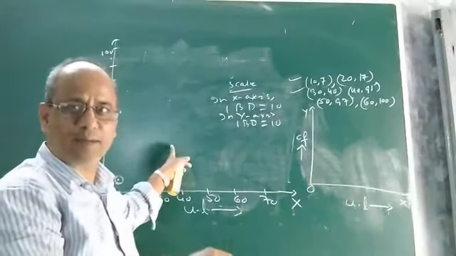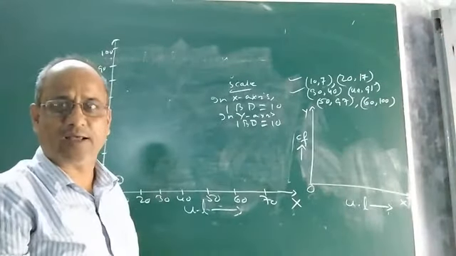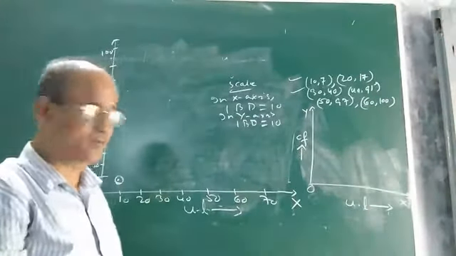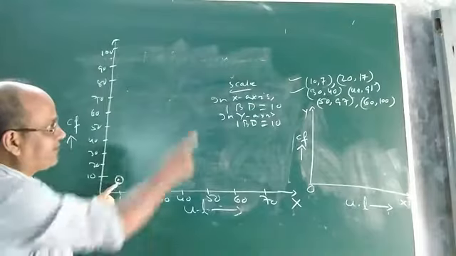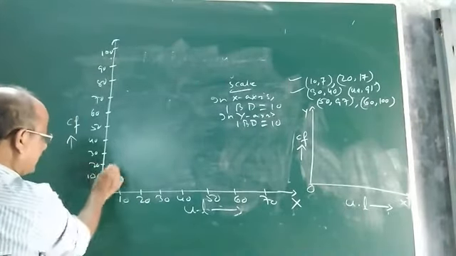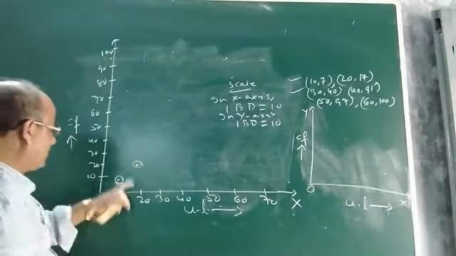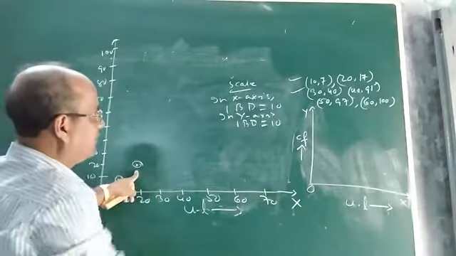You take the help of the graph paper. You have to do it in the graph paper only, not in white paper or any other place. Okay. So this point is 10 and 7. Then 20 and 17. You see, this is 20. 17 will certainly lie between 10 and 20. Suppose this point is 20. 20 and 7. Okay, then it's 30 and 40.